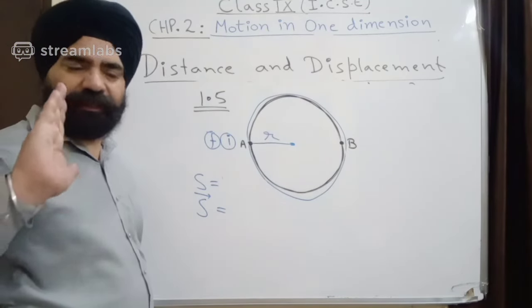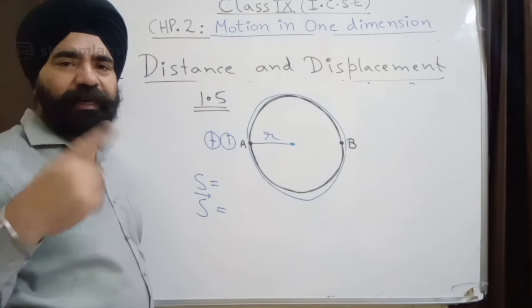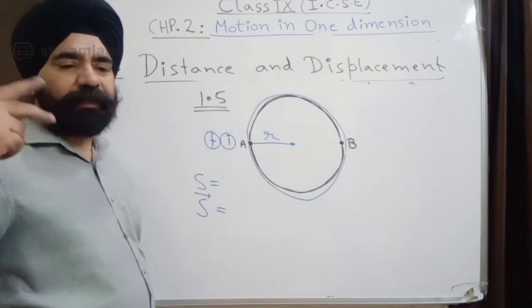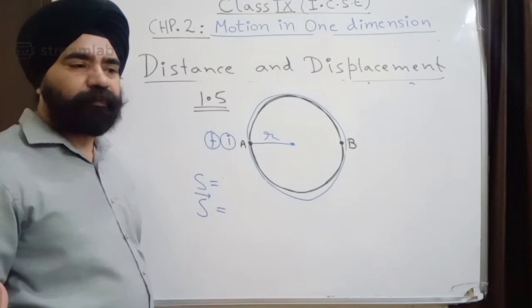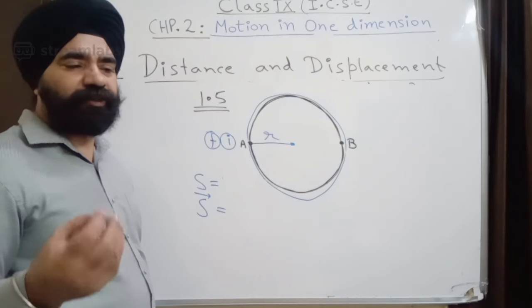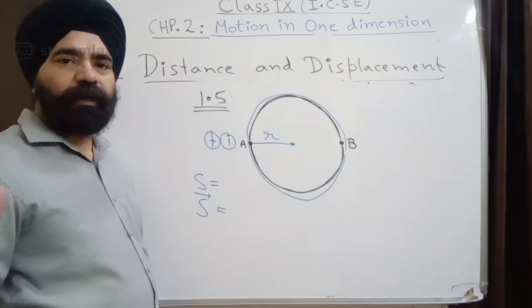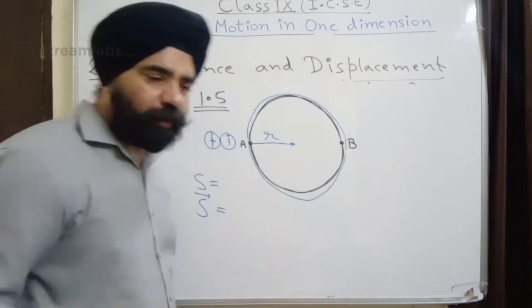Displacement distance अच्छे से समझ में आ गया होगा, इसके differences एक बार पढ़ लेना, ठीक है। One is a scalar, distance is a scalar quantity, displacement is a vector quantity. Okay, we don't need to specify direction in measuring distance, we need to specify direction while measuring displacement. Distance is the actual length of the path,